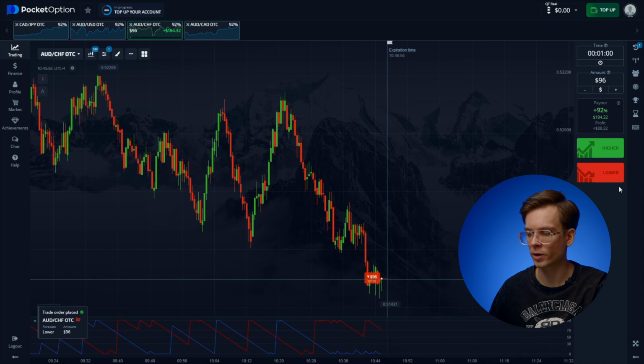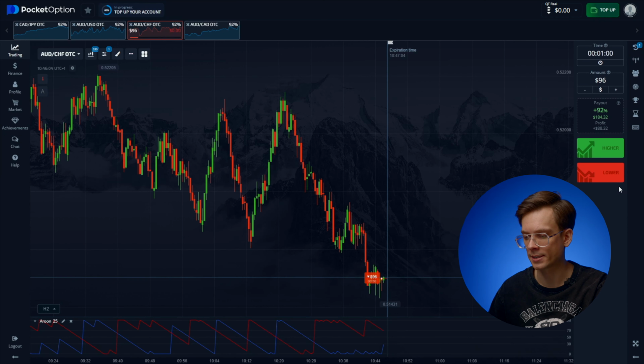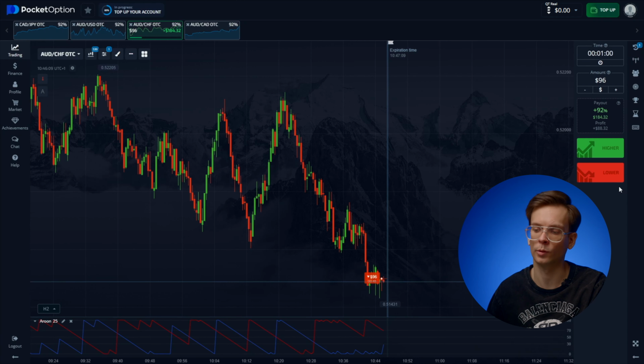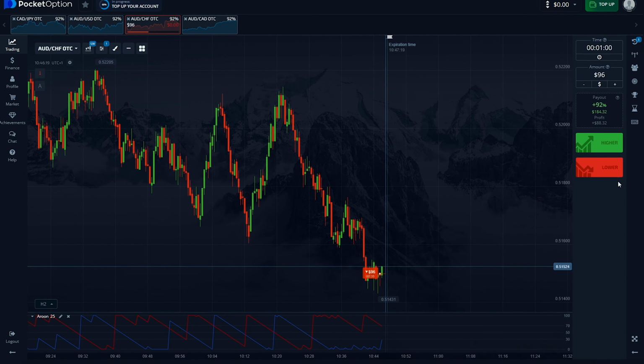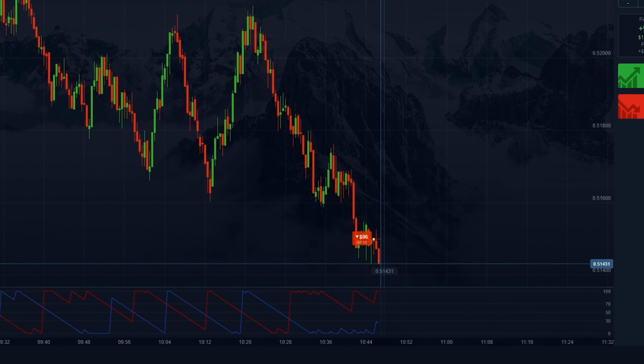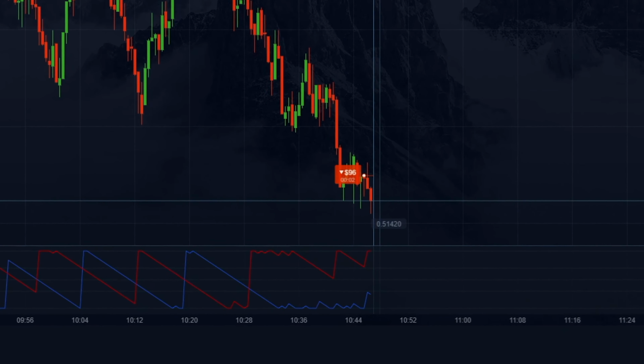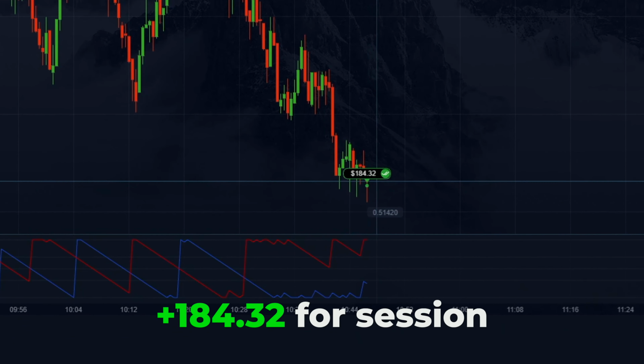And let me explain the situation on the chart. Firstly, there was a strong bearish breakout. Then a bullish retracement, at the end of which I entered the trade. Secondly, the red Aroon lines didn't even drop below 70 and the blue bullish lines were hovering around 0 at the time of entry. And only now have they started to rise, so the outcome was expected. And my reward is 184. That's really nice. Let's keep going.